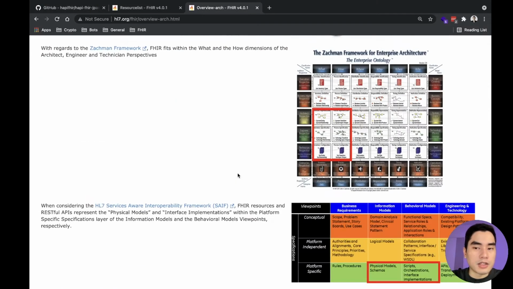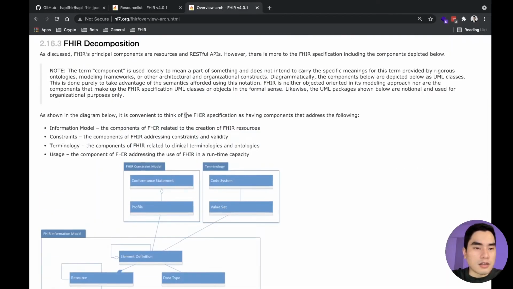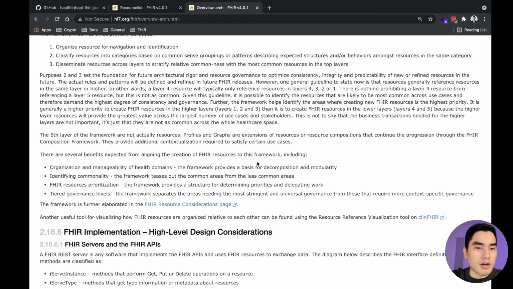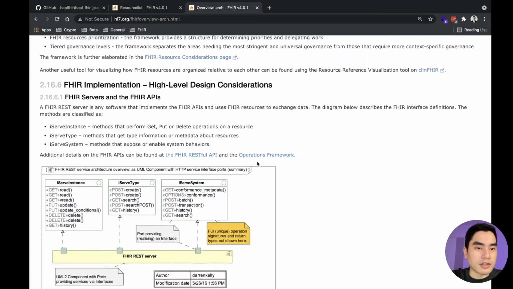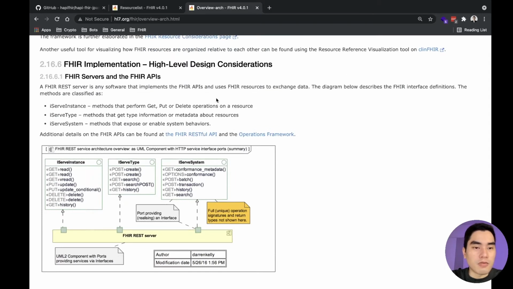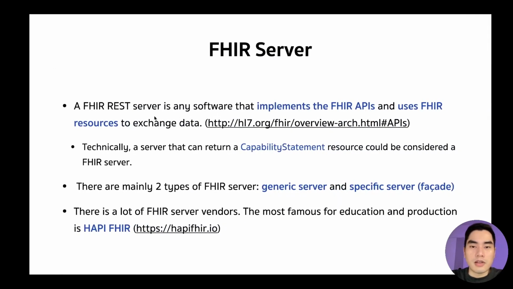And somewhere below on this page, there is a definition of a FHIR server, and the definition of what is FHIR API and FHIR resource. But in summary, it is software that implements the FHIR API and uses FHIR resources.